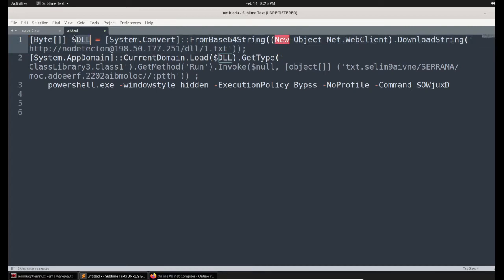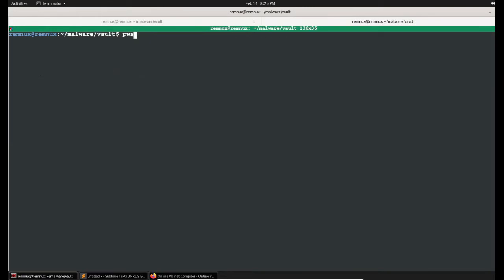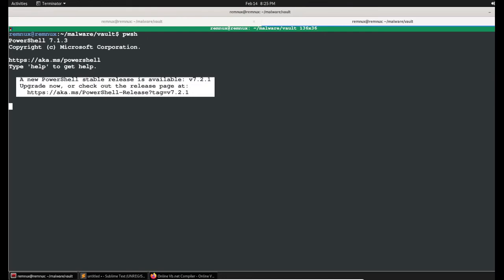So let's perform that operation and convert it to DLL. We need to execute this entire command as it is. To do that, I'm going to use the PowerShell utility that is present in the Linux system itself. I installed PowerShell in the Linux system. To launch it, I type pwsh, and within a few seconds it will launch the PowerShell window. Here it is. Now I got this.